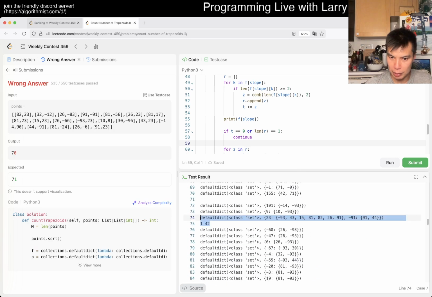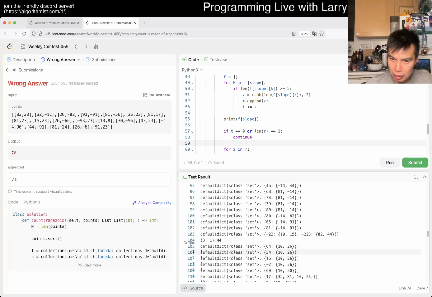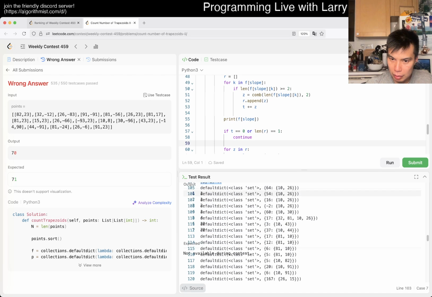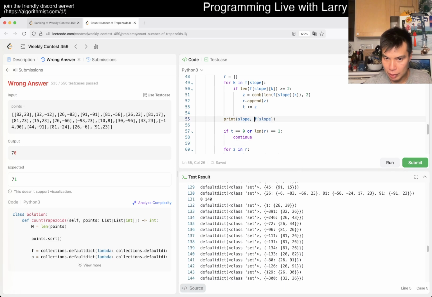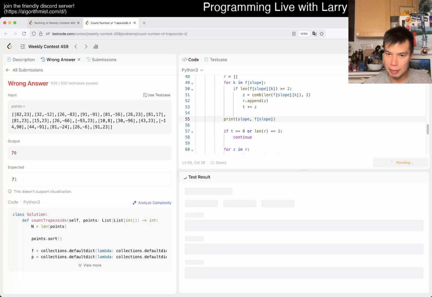No, that's from the previous problem. So what else can it be? Like, is there a... No, it doesn't make sense. So this is the only thing that maybe... So this is slope for... I mean, that's the only thing that actually has 4 elements, so maybe there's something funky there. Maybe I'm wrong on the